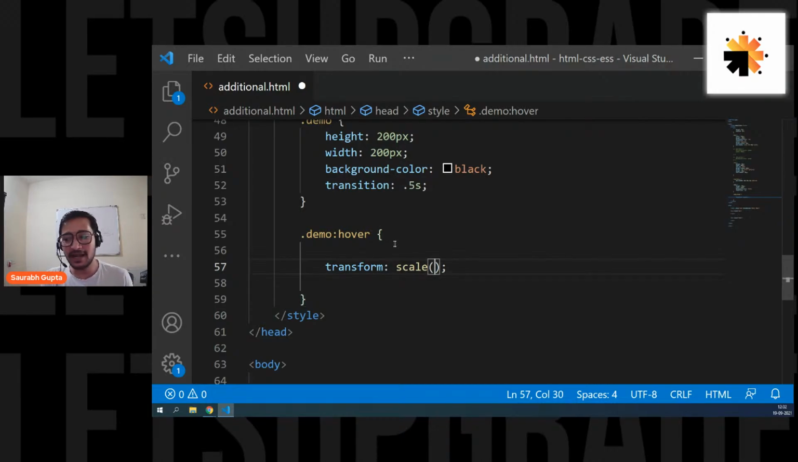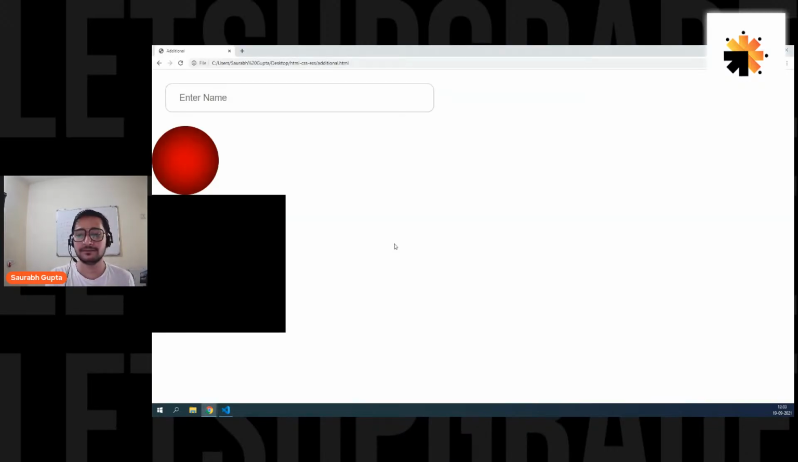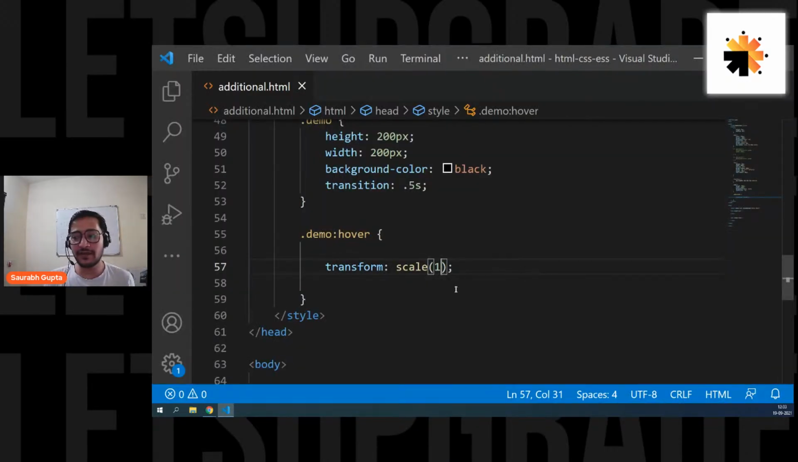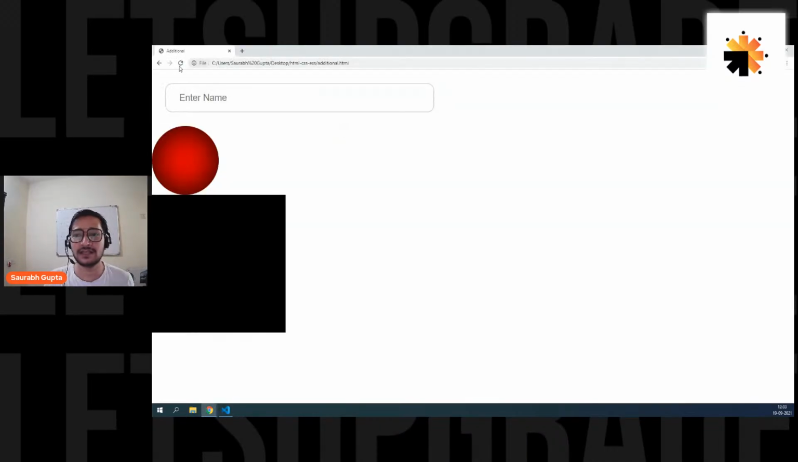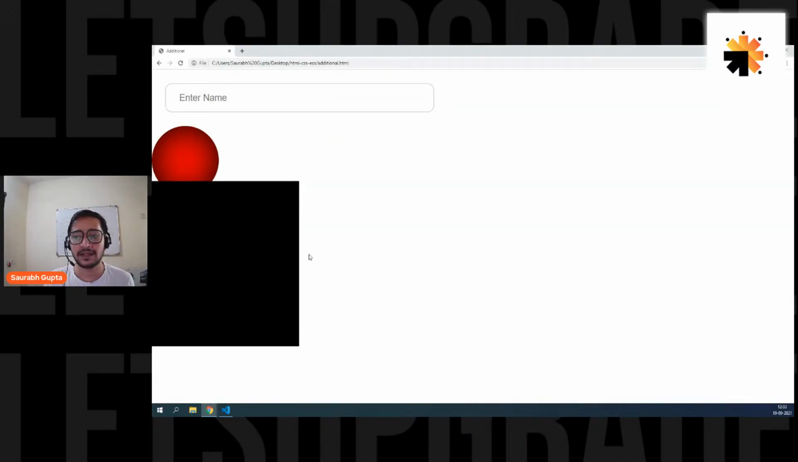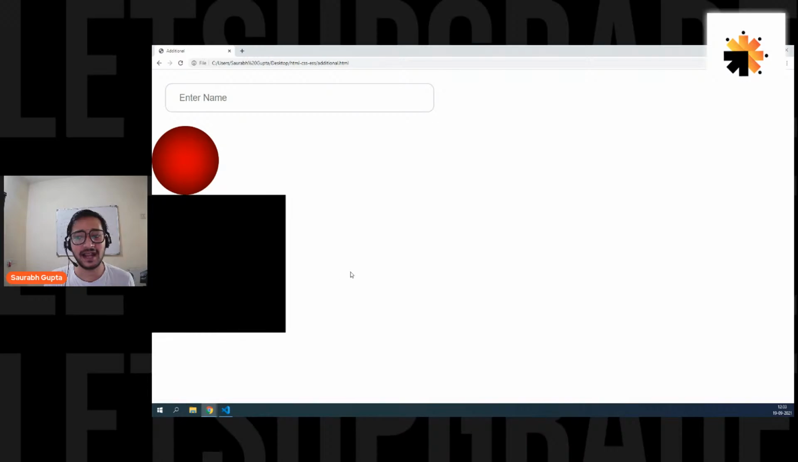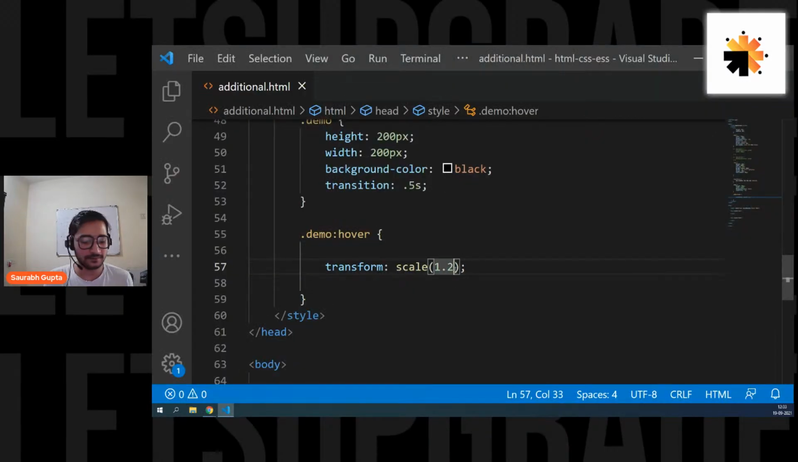By default, the value of scale is 1. So if I do transform scale 1, nothing is happening if I hover on it. But now if I say 1.2, that means it will increase it by 0.2 times. So now if you refresh and see here, it's like zooming. Can you see that? If I make it 2,